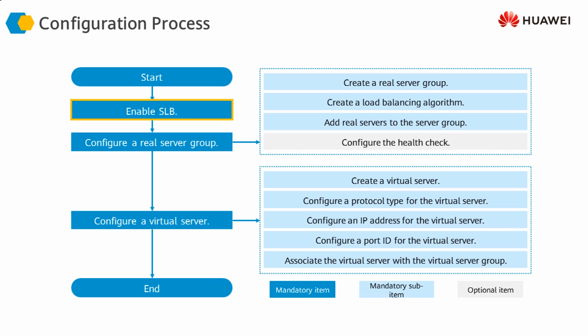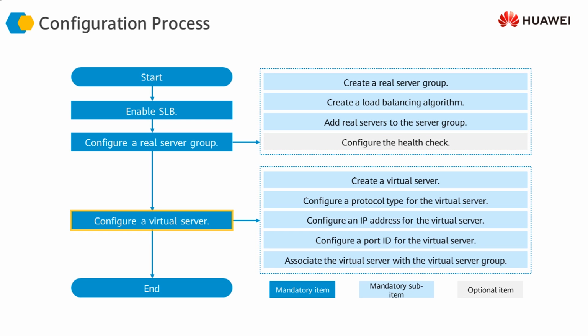These are the steps that are involved in configuring server load balancing. First of all, we have to enable server load balancing. Then we create a real server group, or a cluster of real servers, which means that we are going to tell the firewall that these are the IP addresses of the real servers. In this, we create a real server group, then we configure a load balancing algorithm, then we add the IP addresses of the real server group, and optionally we can configure the health check feature for these real servers.